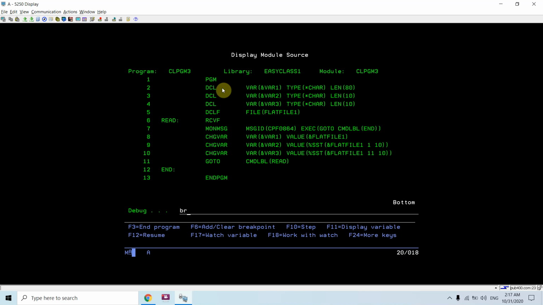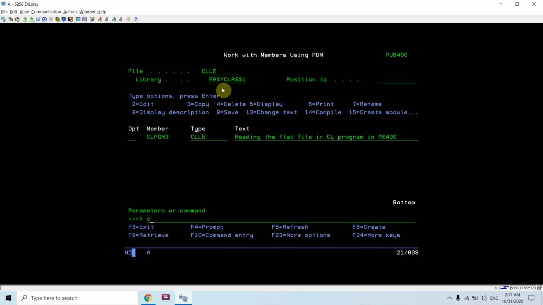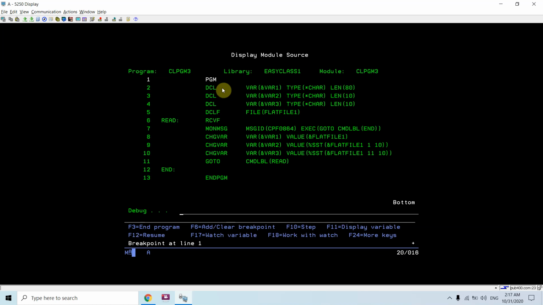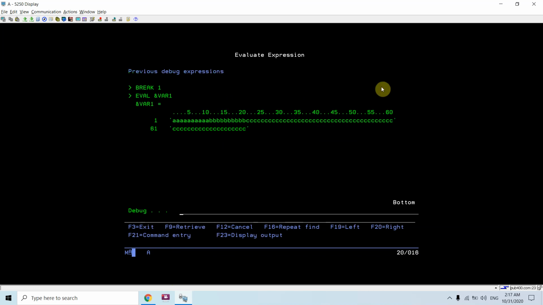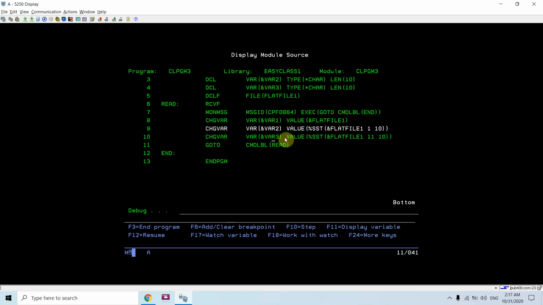So set the breakpoint at line number 1 and call this program CLPGM3. Reading this file, and end of file didn't reach, so I'm extracting all the data, the first record from the file FLATFILE1. Okay, so this is the data in all those 80 positions, the 80-length field.